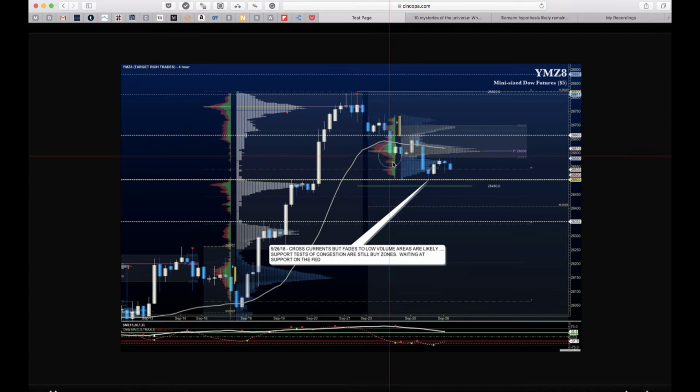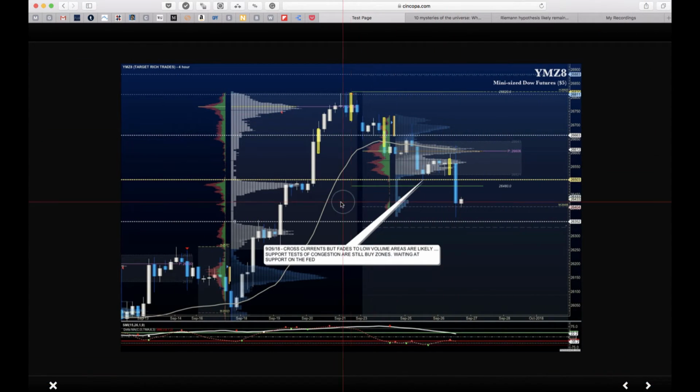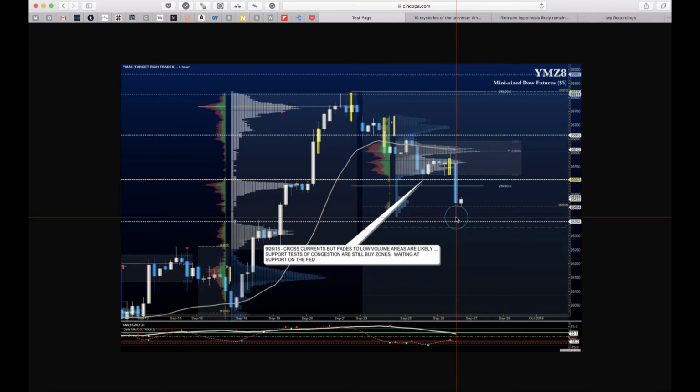Taking a look at the YM, this is what we saw. Low volume profile event. It was a do or die space here with this kind of action. Otherwise, as we spoke about, we have this low volume and then this low volume. Let's see what happened today. As we look at it, we can see it coming right down into the midpoint of where all this noise is in the low volume profile. Now, it did try to get lower, but it held above this region,